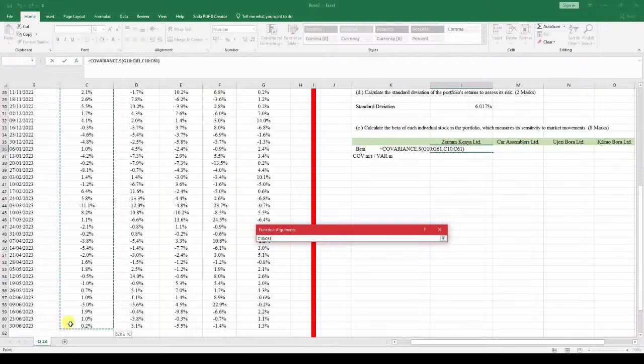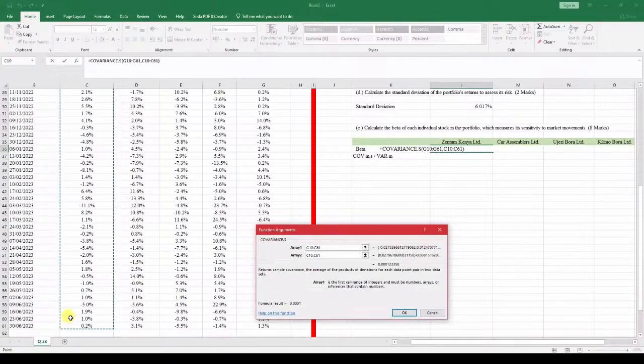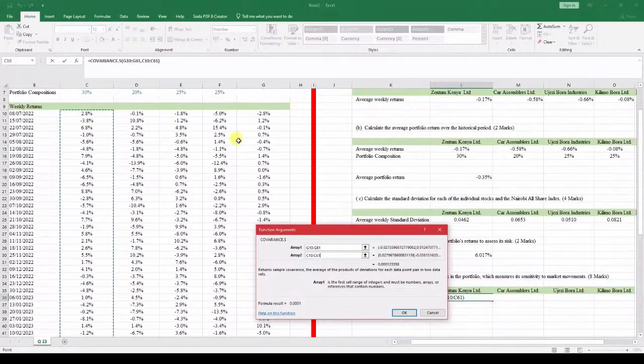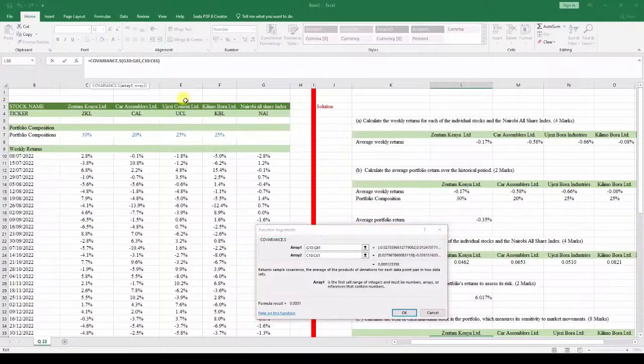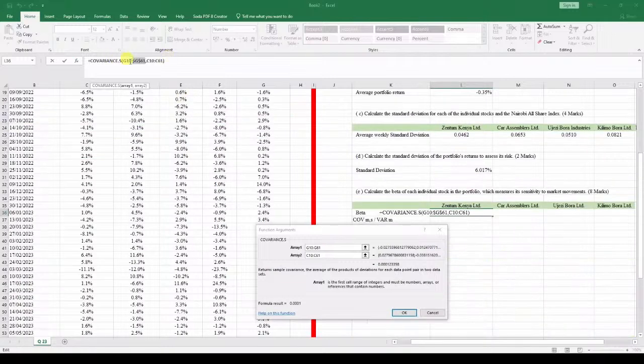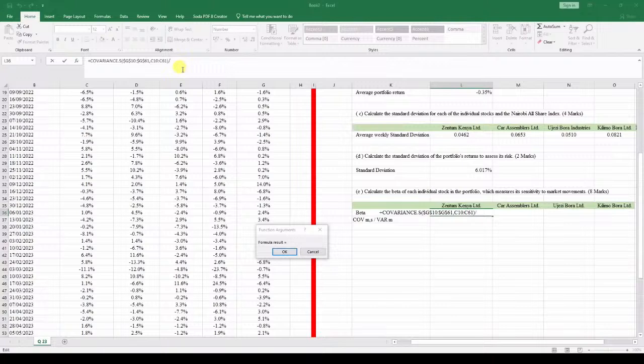bearing in mind, like that, covariance of the market and stock, and you can see what we've done. So we can lock the one for the market. This one for G is one that you can decide to lock, F4 and F4. Why are we locking it? Because we want to ensure that the covariance of the market remains like that. And then we do what? We divide now, divide by the variance like this.